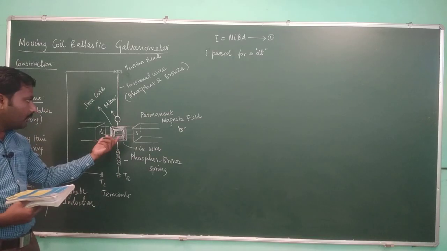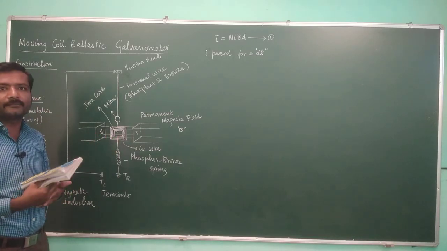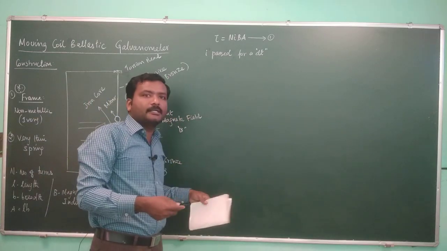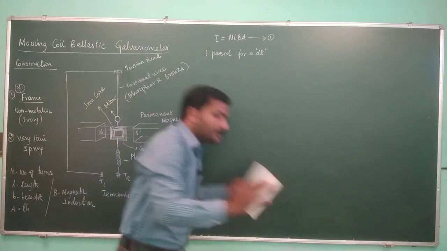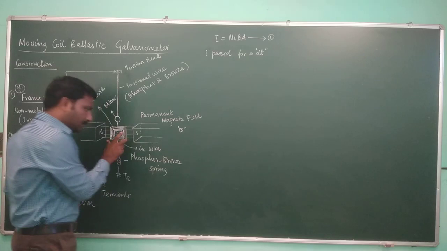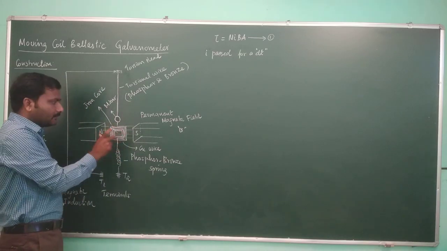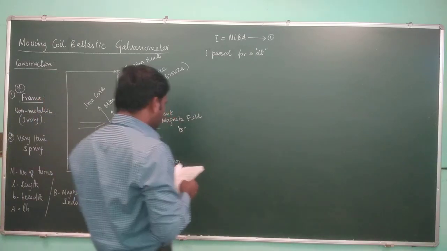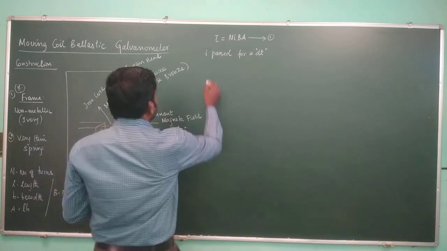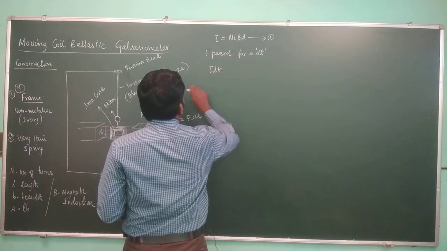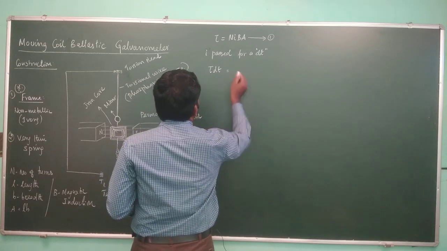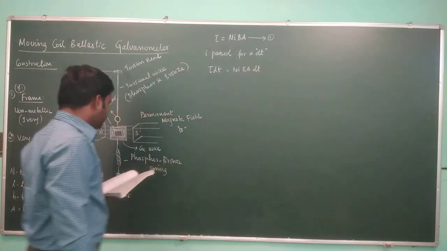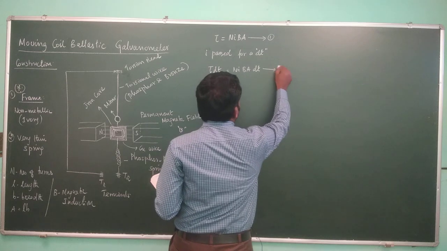What will happen? This coil will start to twist. There is an impulse created. It's like you are moving in a bus, right? When the bus has just started and you stop it momentarily, what will you feel? You experience an impulse, just like that. There is a small twist created, then it starts to oscillate, the current is withdrawn, so a momentary impulse will be observed. That momentary impulse we can write as tau times dt, which is equal to N I B A dt. This is equation number 2.